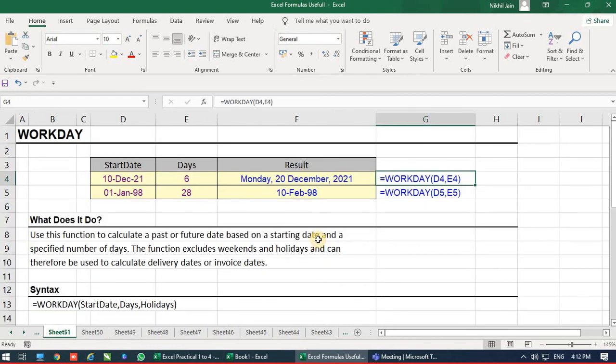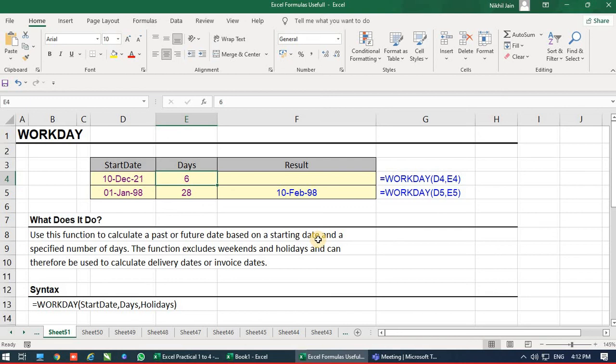Okay, next is workday. This particular formula will be used if I'm going to order something online and they are telling me this package will be delivered in the next 5 working days.